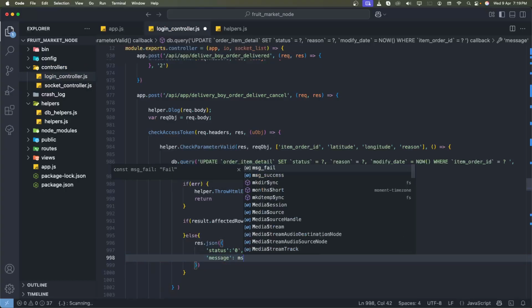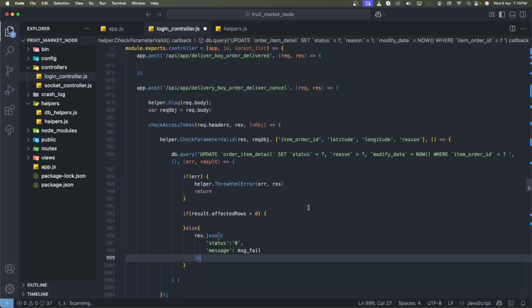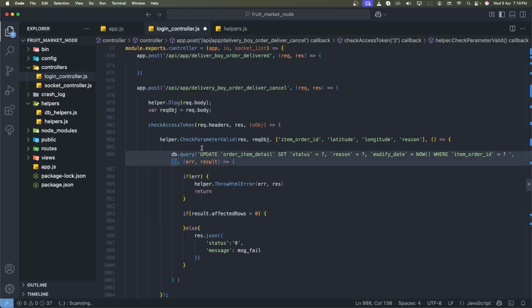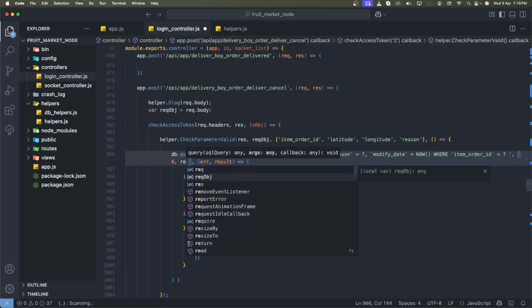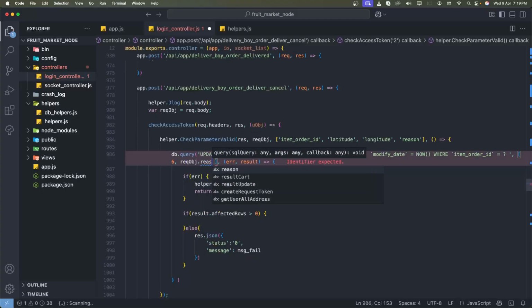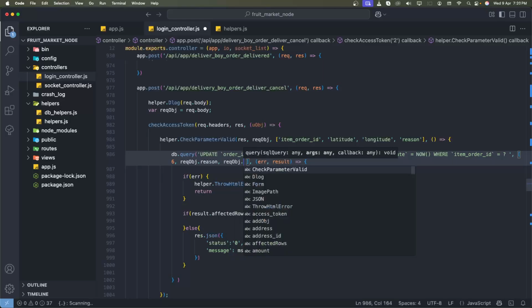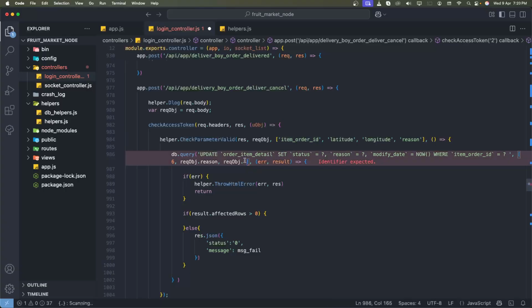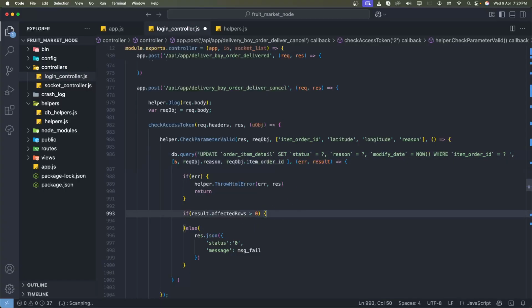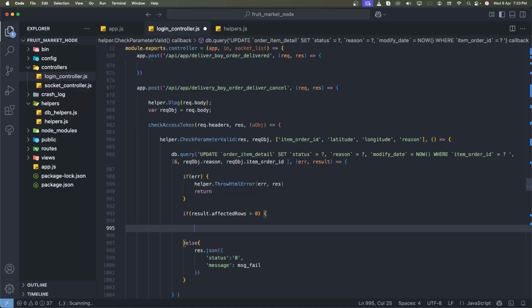Need to set here the MSC file, like we need to manage this after the required parameters. We need to put the given status is equal to 6. Then after, we need to pass the request object dot reasons, and then after we need to give this request order id, like we need to put in here, and save this. Orders are cancelling,